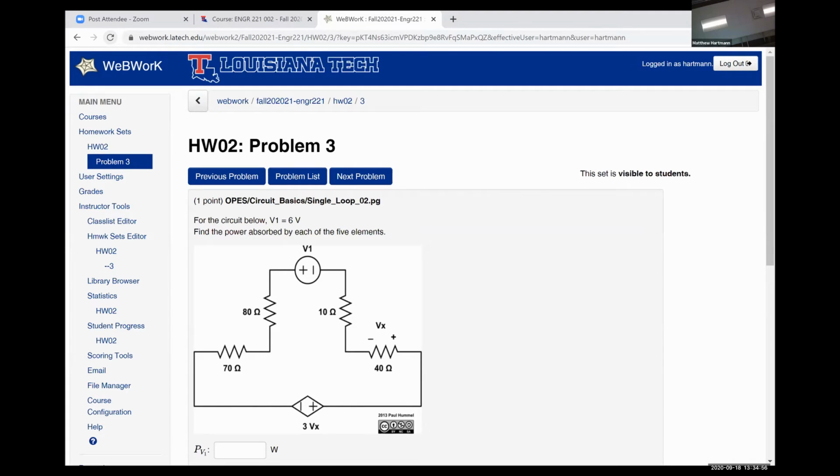And B1 for me is 6 volts. All right, I think that's all of the information. Yeah. So let me share the correct screen with Mr. Bustamante. All right, so